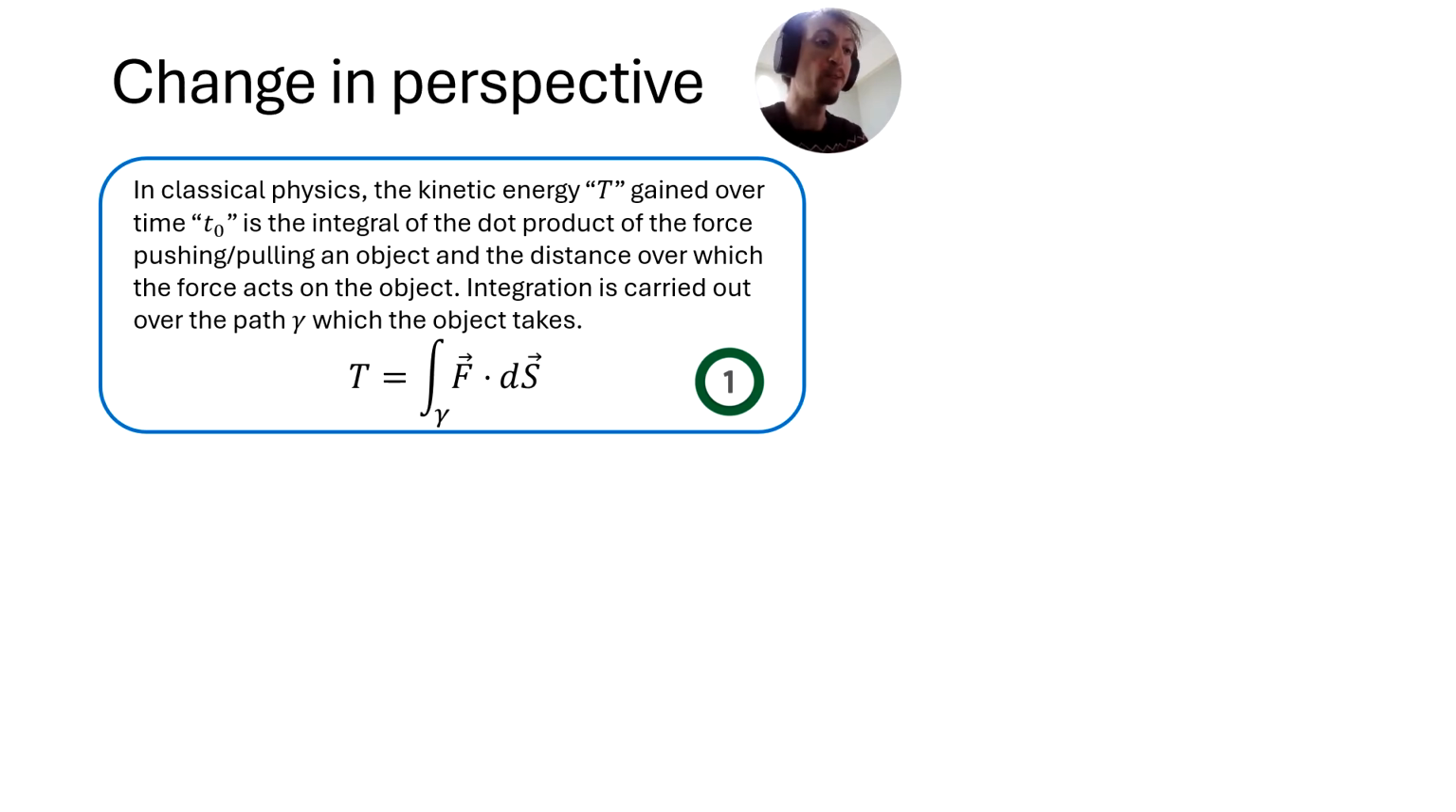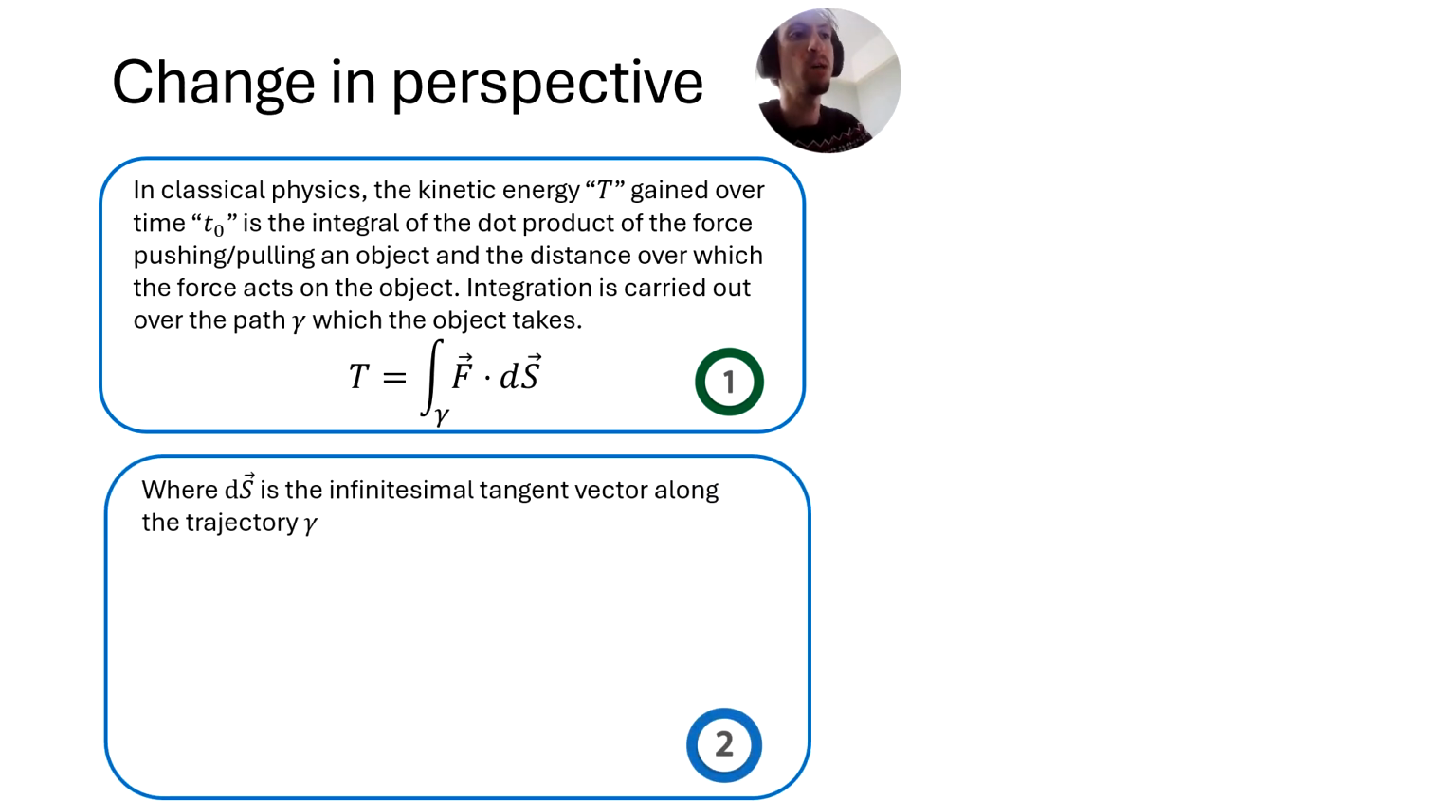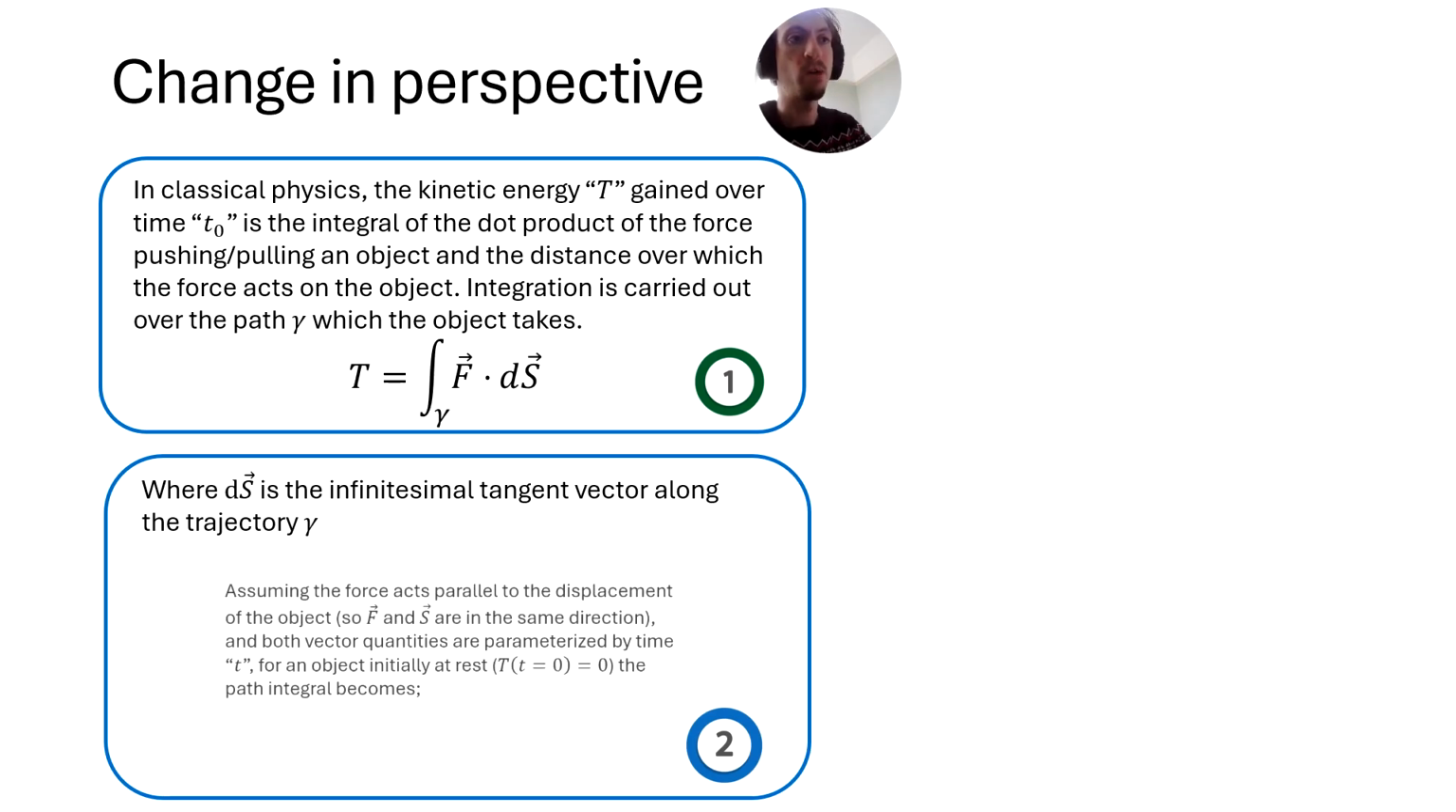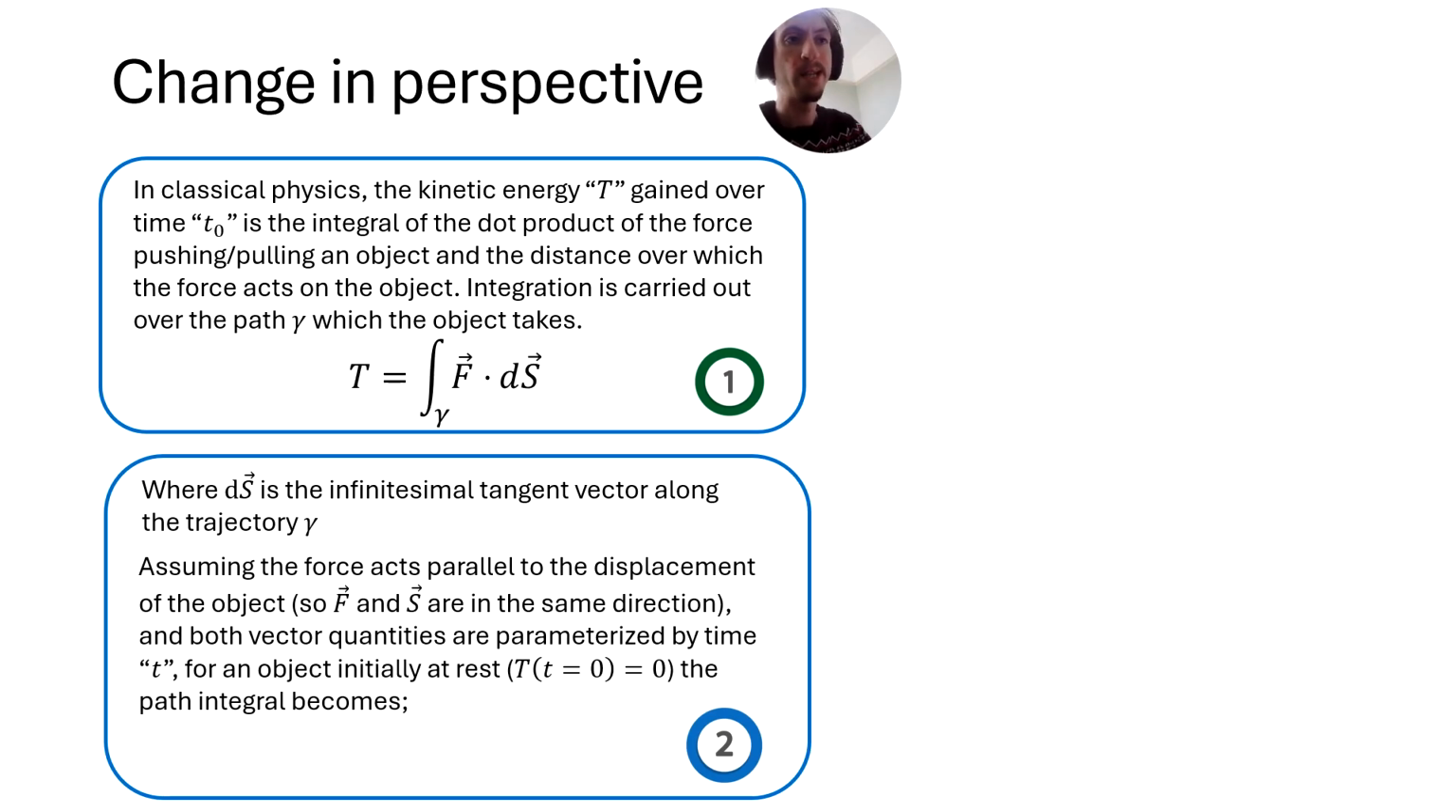And evaluating the integral, where we are parameterizing F and ds in terms of time, leads us to the much more familiar equation for classical kinetic energy. And this equation does assume that the particle starts with 0 kinetic energy at time t equals 0, and then at time t0,